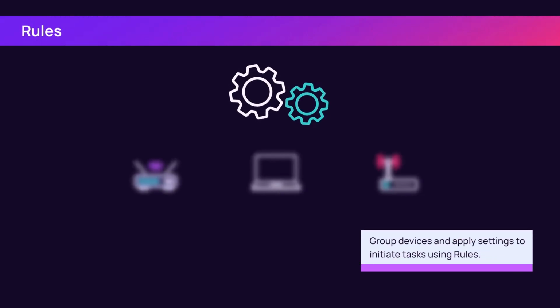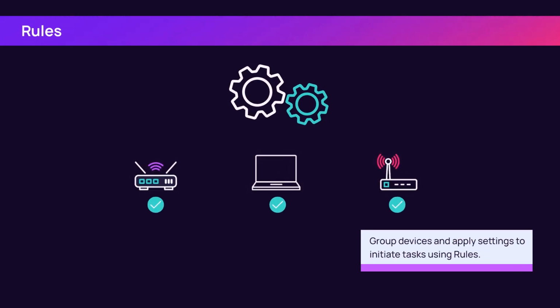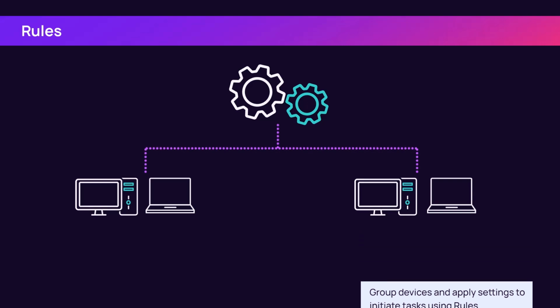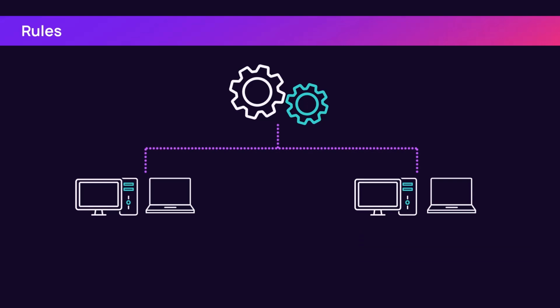The final step includes applying rules to network devices. Rules group devices and apply settings to initiate tasks and automate management. N-Central includes default rules for common tasks. Rules can be configured to specific needs,